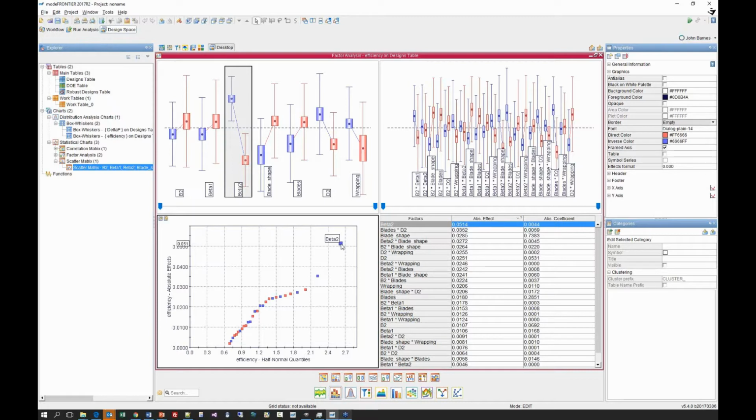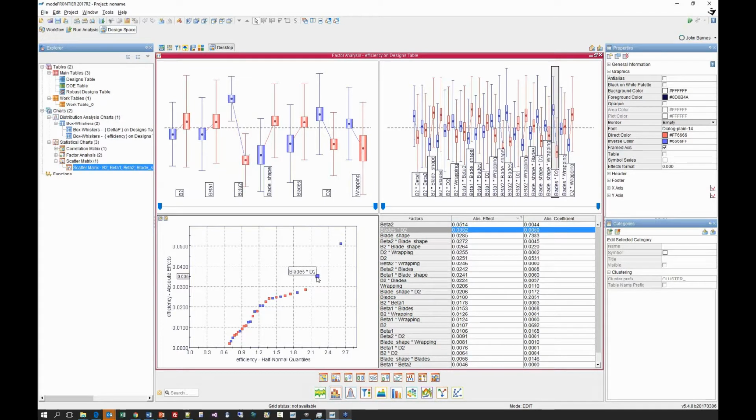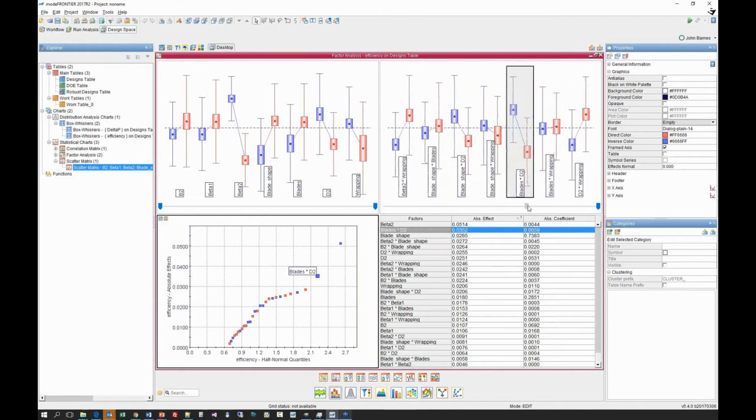So in this case, we're looking at beta 2, and then here, when I click on this one, this is actually an interaction of the blades and D2. So we can see not only which ones are the highest main effect, but also whether or not the interaction effects are interesting as well.